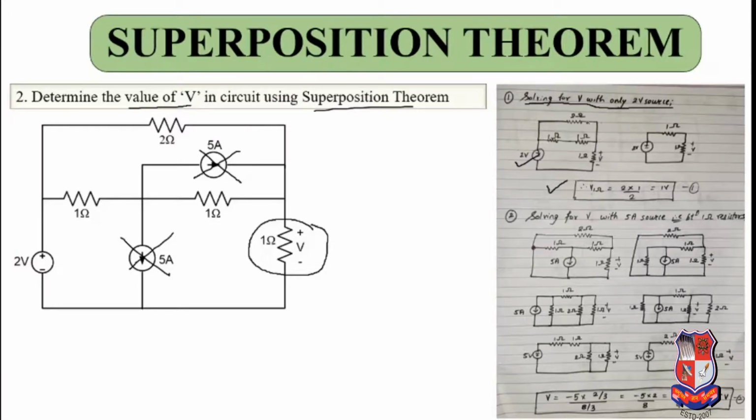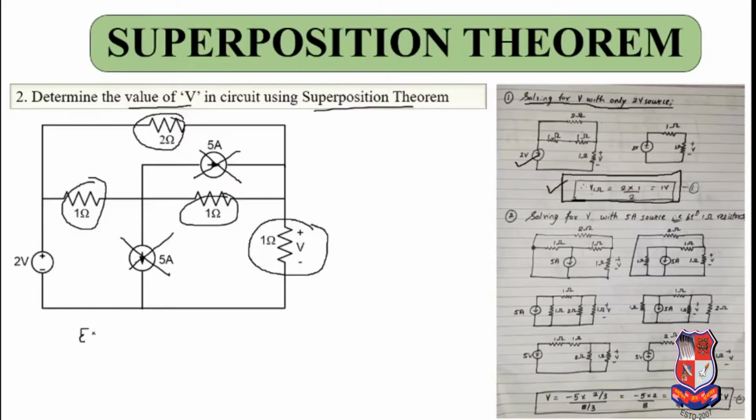So I have drawn here, you can see that this 1 ohm and this 1 ohm are in series, they become 2 ohm, and this 2 ohm and this 2 ohm are in parallel. So it will give you 1 ohm again, and this 1 ohm and this 1 ohm. So you can use voltage divider. This equation which I have written is nothing but voltage divider.